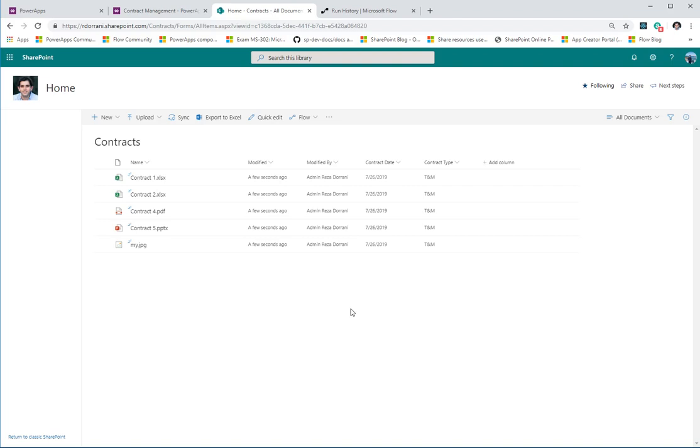So if you look at SharePoint now, if you look at my document repository, all my files have been uploaded and they have been tagged with the contract date and the correct contract type. All of this information coming from